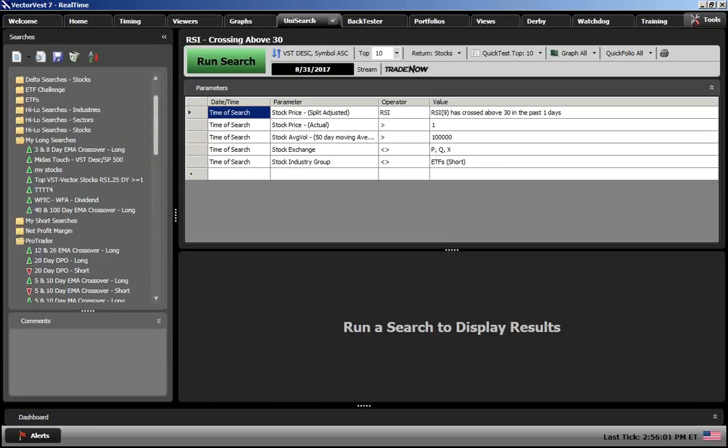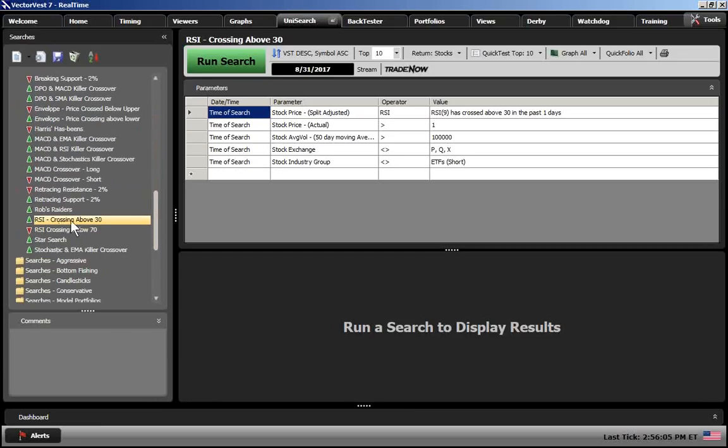All right. Now let's go to one more for the conservative. RSI. Remember, this is the indicator that tells me if a stock is overbought or oversold. Well, when RSI crosses above 30, the stock is now getting out of the over